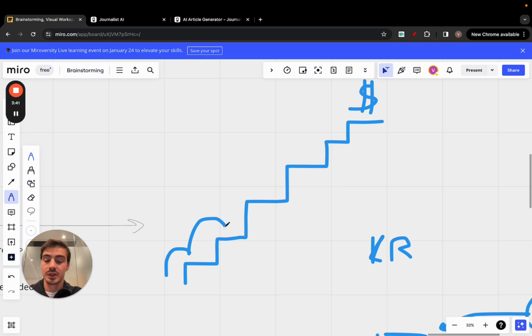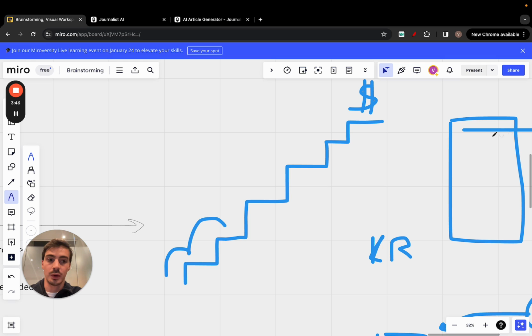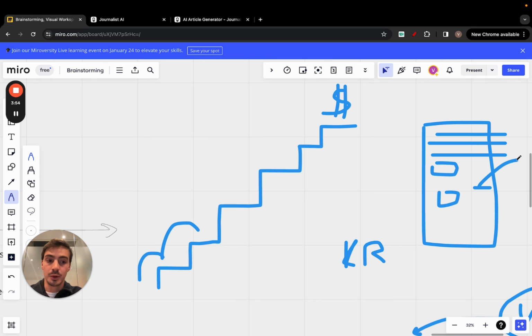And again, the posts need to be visual, right? We don't just want a wall of text. We want to make sure this is visual to hook people. We want to add images, we want to add videos. Maybe we want to add internal links to other posts you've written in the past.